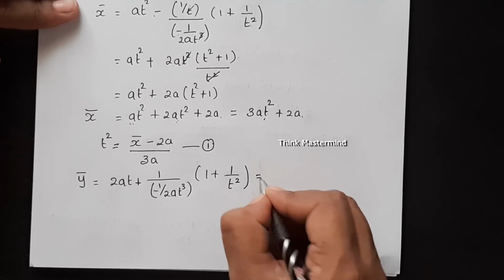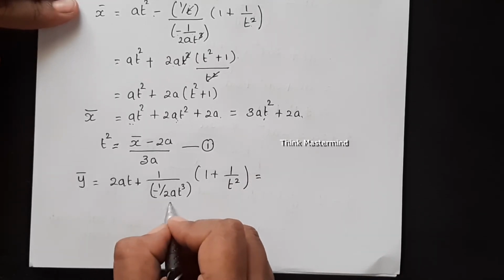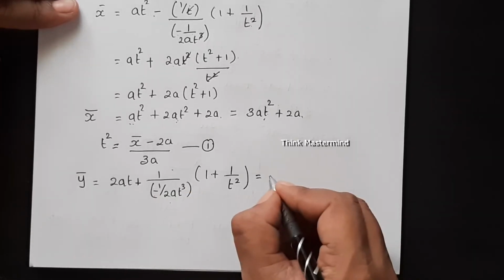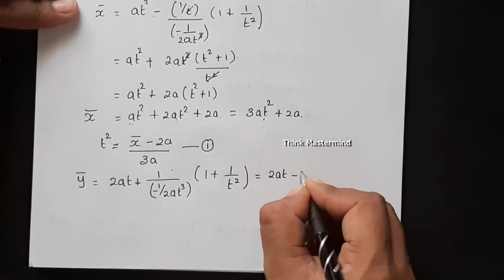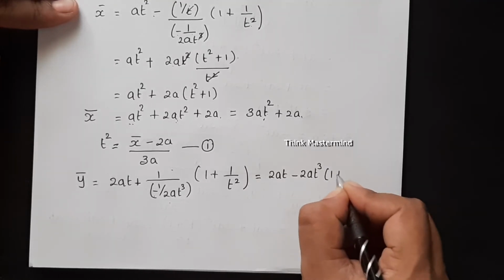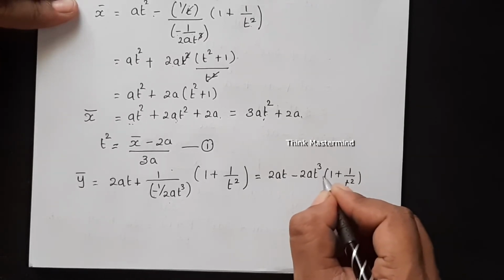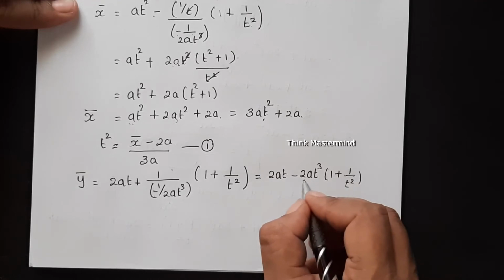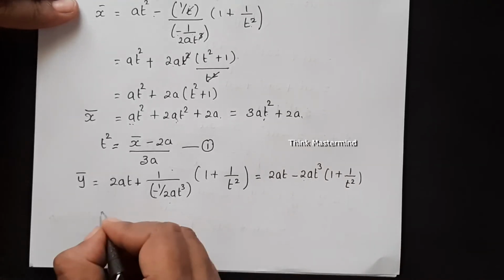So simplifying this, plus into minus is minus, and the denominator of the denominator goes to the numerator, that is 2at minus 2at cube into 1 plus 1 by t squared. Either you take the LCM and cancel, otherwise you multiply this 2at cube inside this bracket, that is equal to